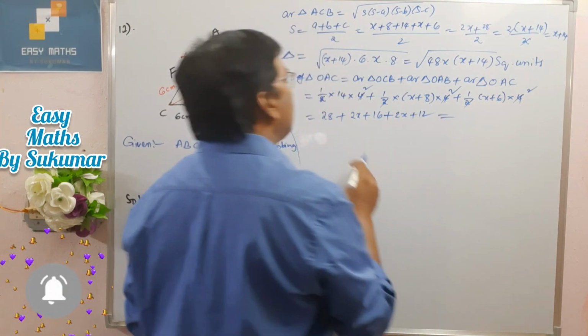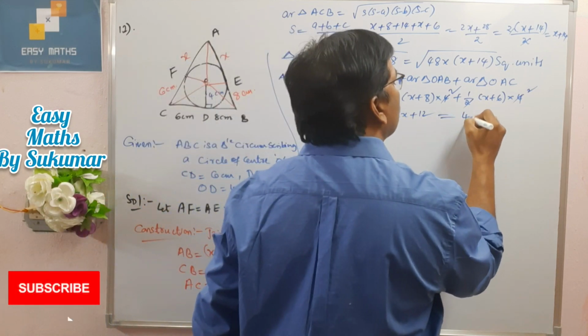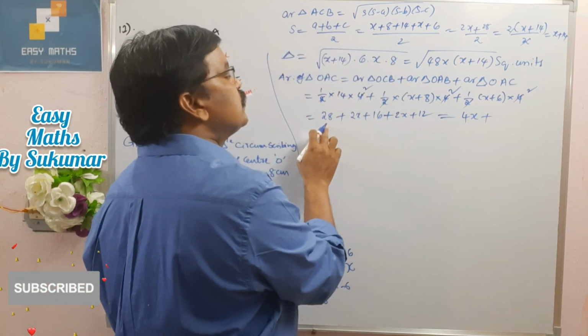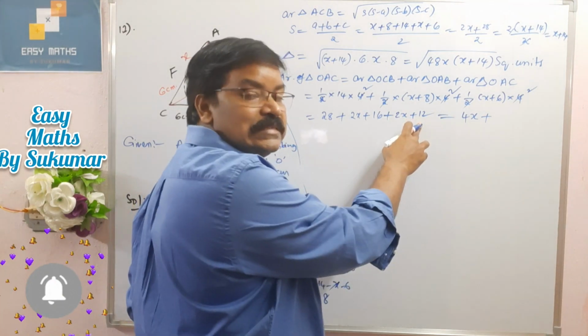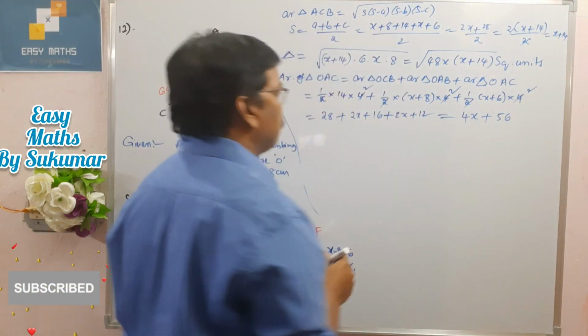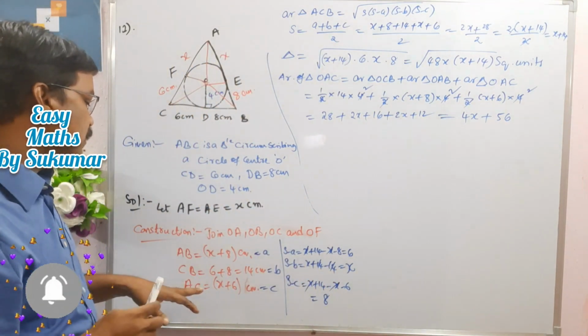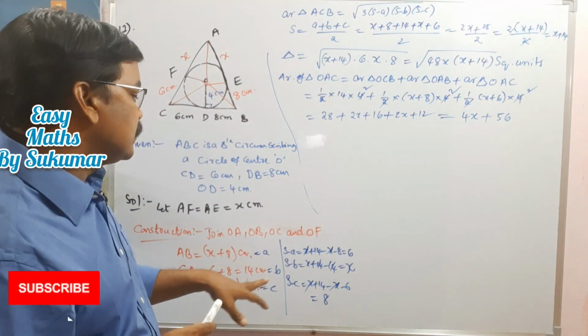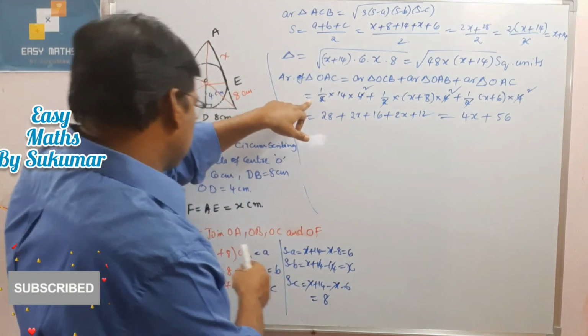So this is equal to, finally, 2x plus 2x is 4x, plus 28 plus 12 is 40, 40 plus 16 is 56. Okay, so let me repeat here, my dear students. So this is half into,